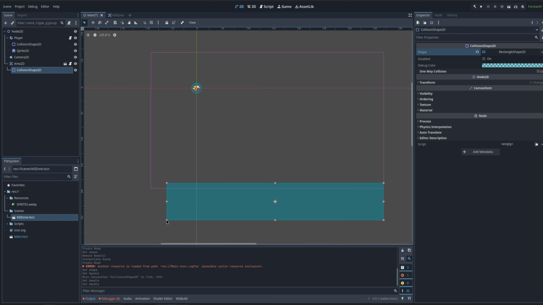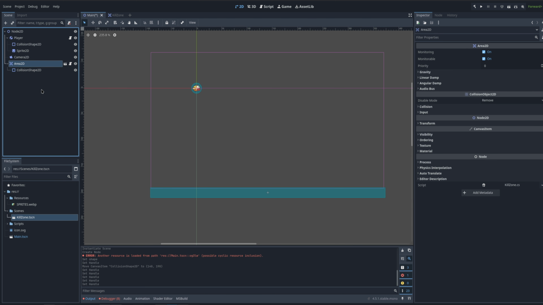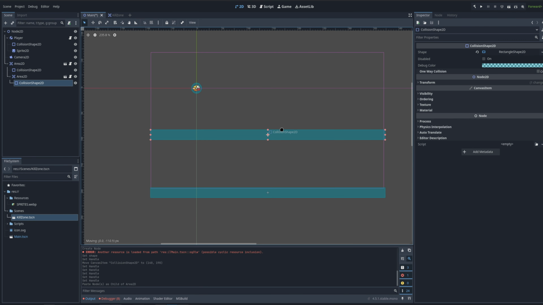And we'll just kind of put this down at the bottom of our world. The fun bit is we don't actually need it to go all the way through to the end of the screen because we're never going to be moving left or right. So just having the kill zone here would be enough, but might as well, right? So we put this at the very bottom of the screen and then we can just copy this one over and we can pull this one up. If you hold down shift while moving something, it will only move in either the X or the Y axis, which is really nice. And make sure that if we go off the top of the screen, we also, well,